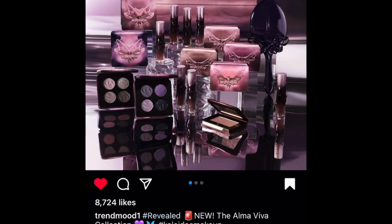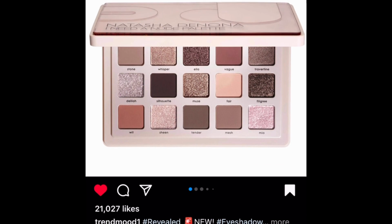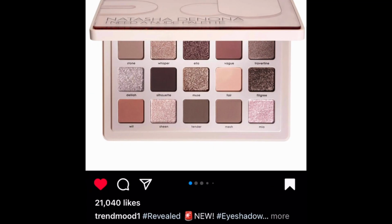Now, some of the older ones that they came out with when the first launch of the collection, they do work better for people my skin tone. I didn't buy them just because I'm not crazy about blush. Here we are, Miss Natasha Denona, child. Okay. So,